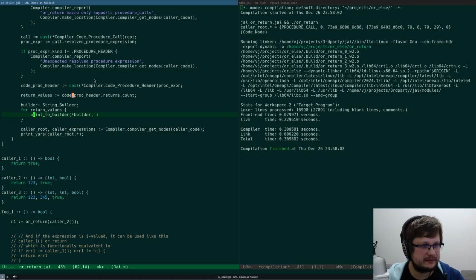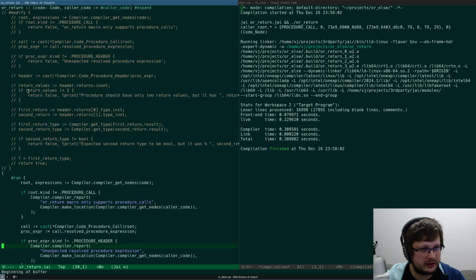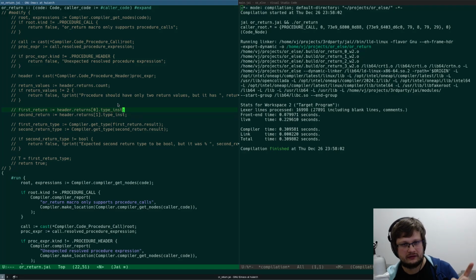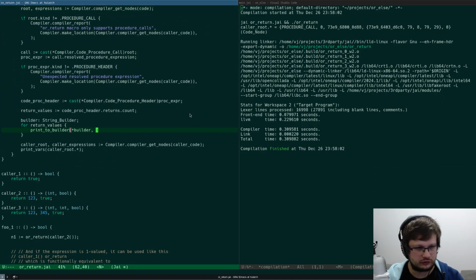Yeah, let's just do the simplest possible thing. How did we? Header returns type instantiation. Actually, I don't even want to get type instantiation. I just literally want to show them into the code. I don't care about their types.